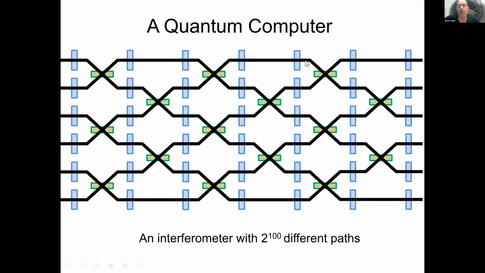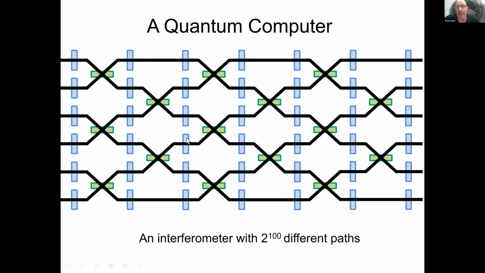If we want the quantum computer to work, we need all these different paths to interfere the right way such that all the energy would exit this interferometer from a single exit port. That would be the outcome of our calculation. But if we want that to happen, we actually need to make sure that the phase difference between the different paths, in other words, that all these waves would go to their exit ports in a way that a mountain would meet a valley or a valley would meet a mountain and so on. And this way, all the energy would exit this quantum computer in the right port.